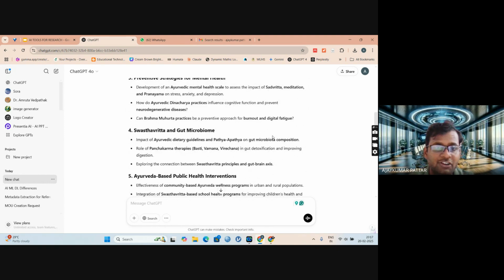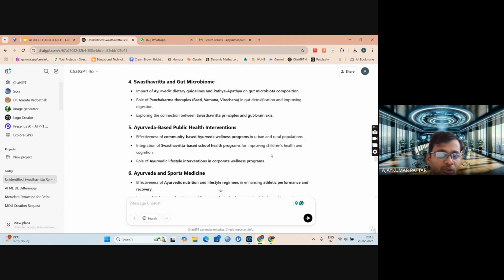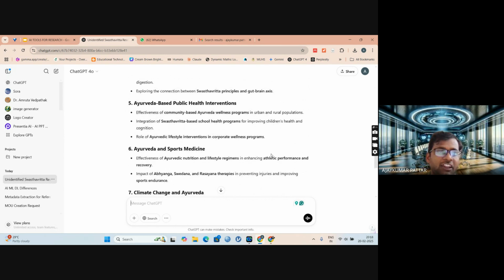Then Swastavritta and gut: Ayurvedic dietary guidelines, Pathya-Apathya and gut microbiota composition, Panchakarma therapies in gut detoxification, and the connection between Swastavritta principles and the gut-brain axis. And Ayurveda-based public health interventions: effectiveness of community-based Ayurveda wellness programs in urban and rural populations.